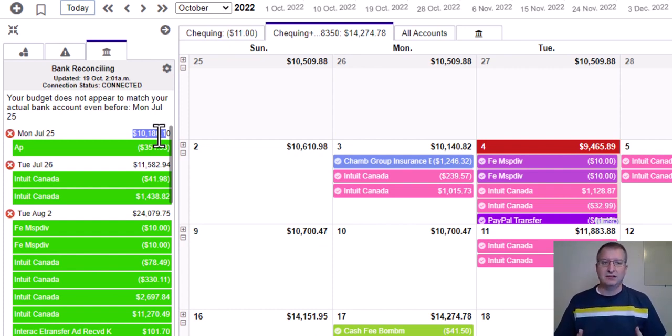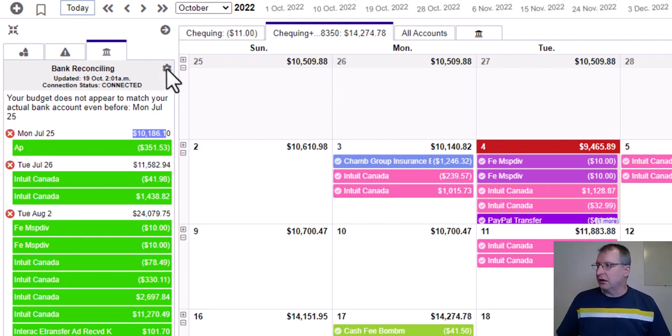But what's happening is sometimes your financial institution, your bank, is sending us an account balance that includes pending transactions, but it doesn't send us those pending transactions. So the balance includes those pending transactions, we don't have them, so we cannot line things up quite right. And so that throws off the balance that's in the reconciling tab. And unfortunately, there's no way around that except to do what I'm about to demonstrate, which is if you click